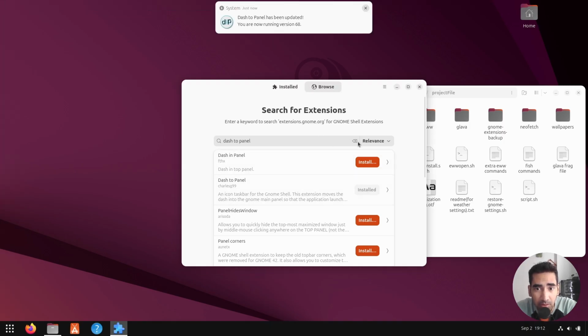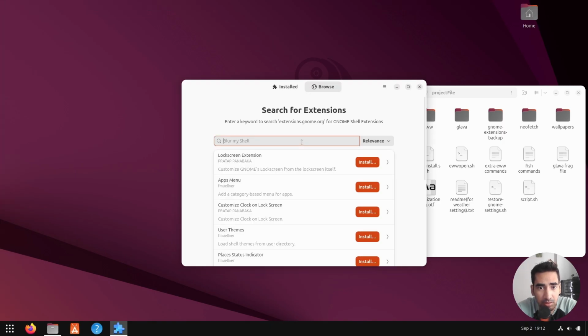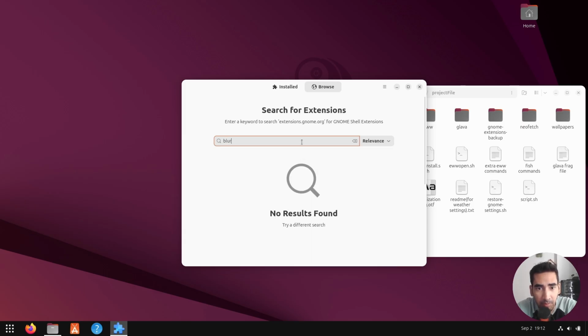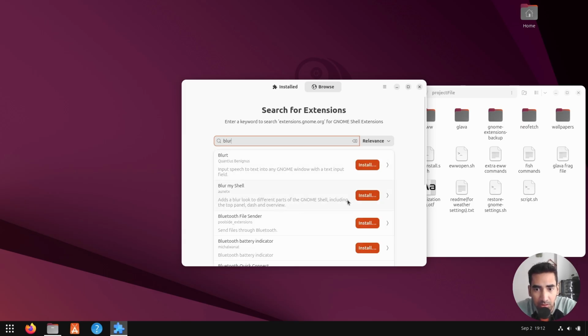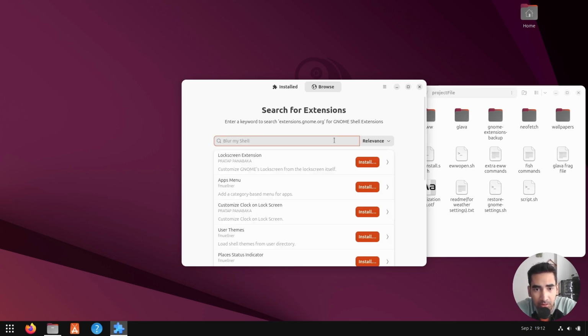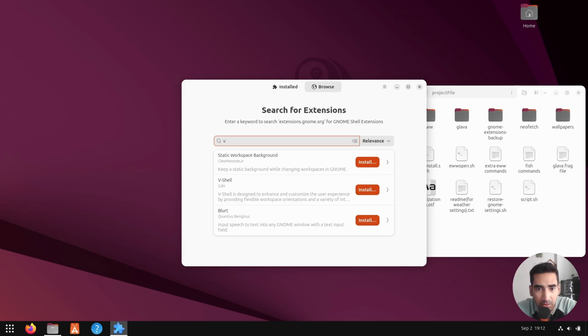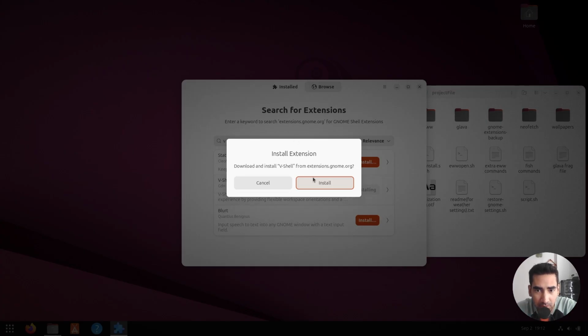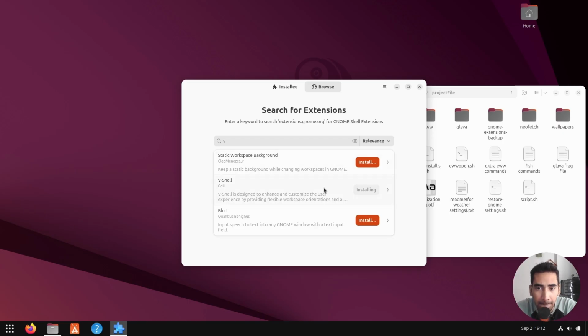So yeah, once I've installed that, then search for blur my shell, install it, and then I will install vshell, which is this one. Click on install. All right,